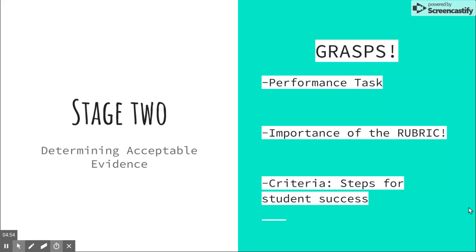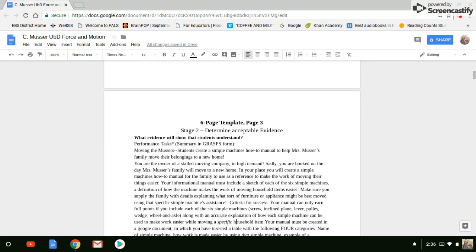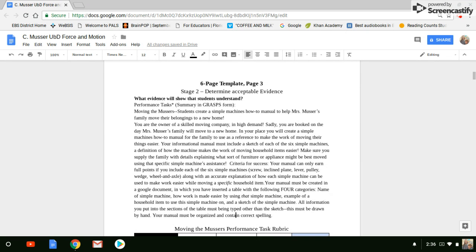GRASPS is huge with those performance tasks. The goal, the role, the audience, the situation, the performance, the product, the purpose, and then those standards and criteria for success. So as you look at stage 2 in my unit, I am presenting my students with the opportunity to create a manual. They take what they've learned about the 6 simple machines at this point in the unit,